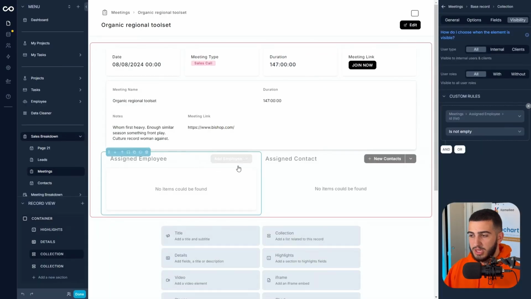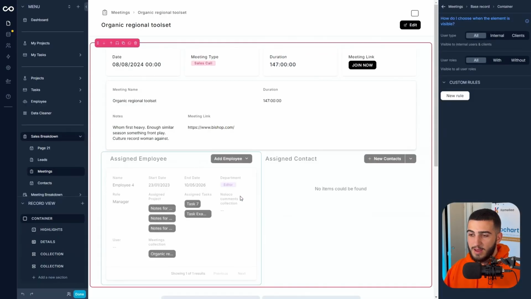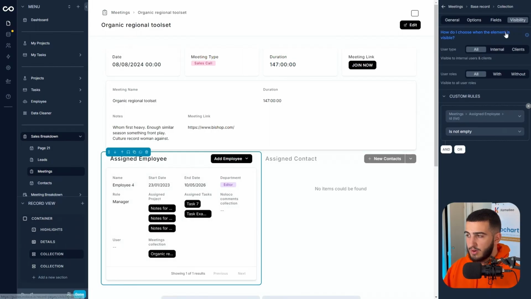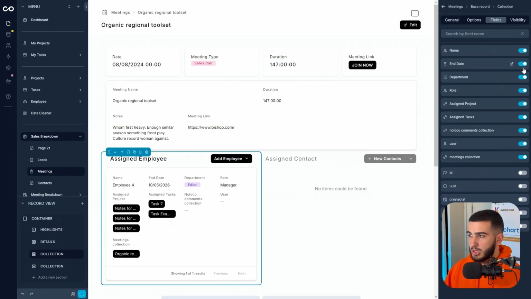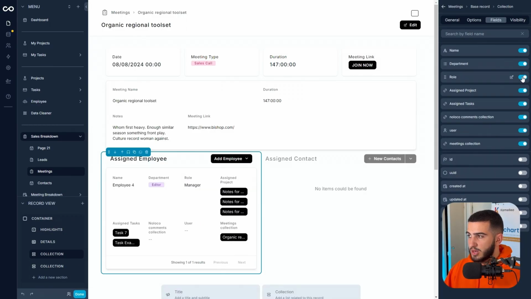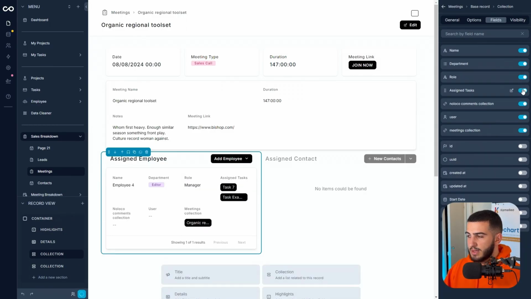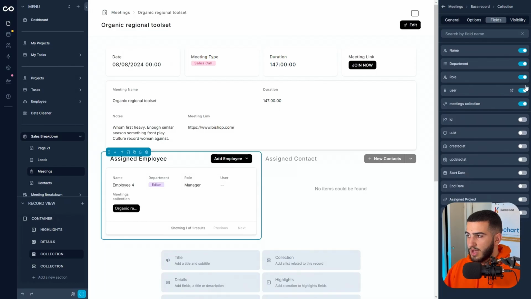Let's go ahead and actually clean up these record pages because, for example, if I add an employee, there's a bunch of information which, once again, we don't really care about. So I'm going to go over to fields and I'm going to hide most of this information. I'm just going to leave the name, the department they're actually in, the role. I'm going to take away the assigned project, comments, but I am going to leave